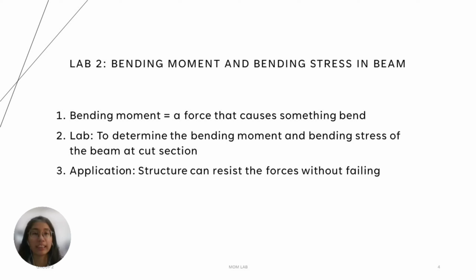Hi, I'm Lin Sinwei from Group 10 with matrix number AF210119. I'm in charge of Laboratory 2, which is bending moment and bending stress in beam. Bending moment is actually a measure of the bending effect that can occur when an external force or moment is applied to a structural element. In this laboratory, we keep the position of the point loads fixed for every 3 cases. The bending moment is determined using different external forces like